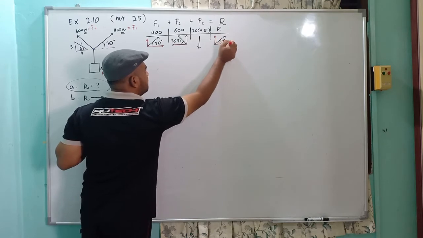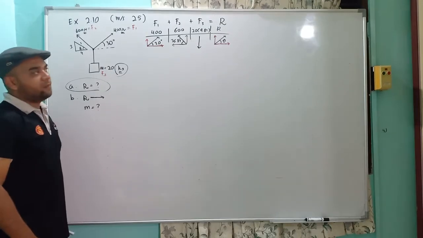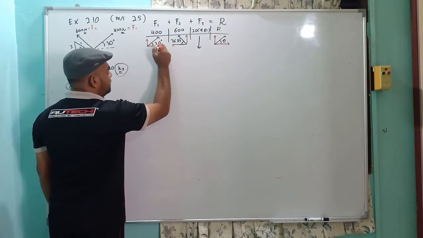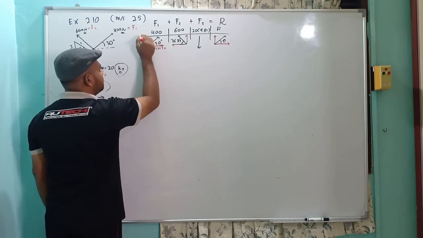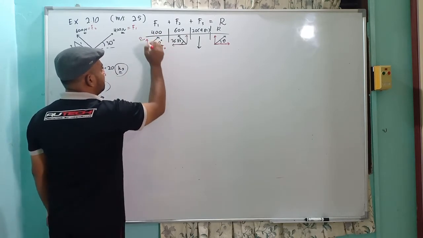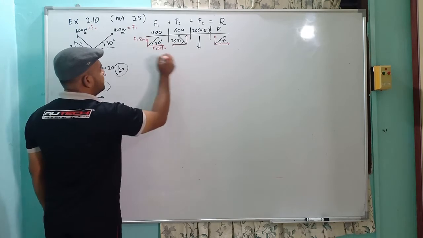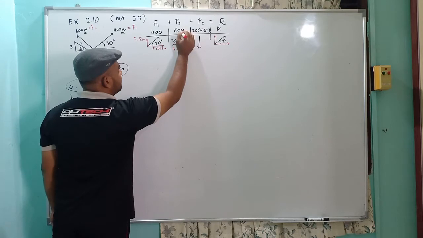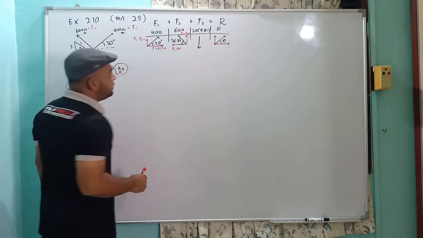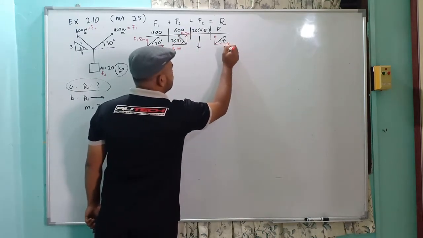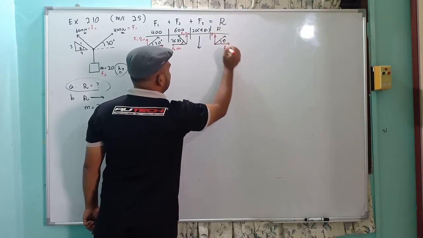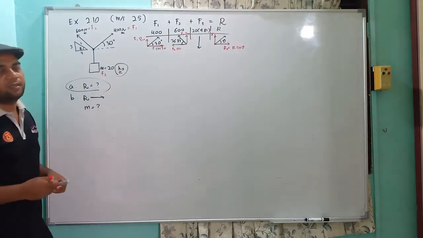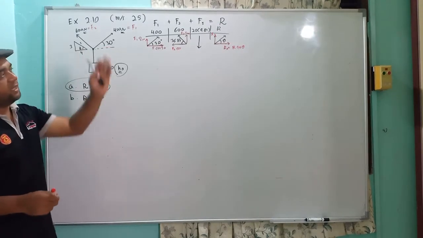One, two here and one there. Okay, so if I'm using 30 degrees, this one will be cos 30, this one will be sine. So F1 cos, F1 sine, and this one F2 cos, F2 sine. This one is Rx, this one is Ry. So R cos theta, the other one is R sine theta. Okay, so now I have resolved everything in X and Y.